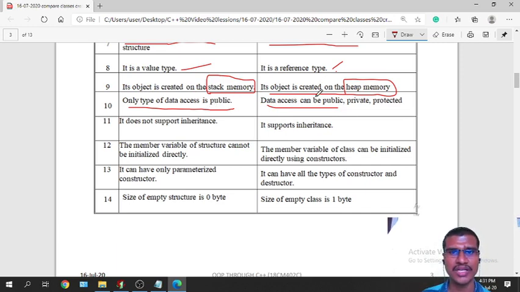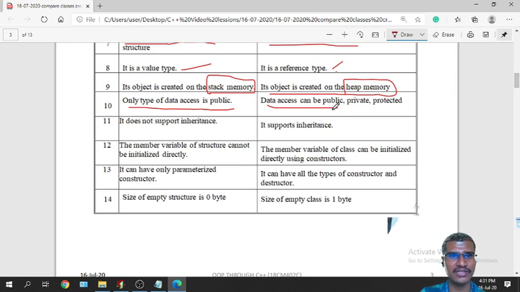But in case of class, we have three different access specifiers, that is public, private and protected. In case of public, everyone can access that particular data, and in case of private, the data can be accessed only within the class. Outside the class no one can access the data. And in case of protected, the data can be accessed by the subclasses. Like here in case of classes, this data can be accessed publicly or privately or protectedly. These three ways are there.